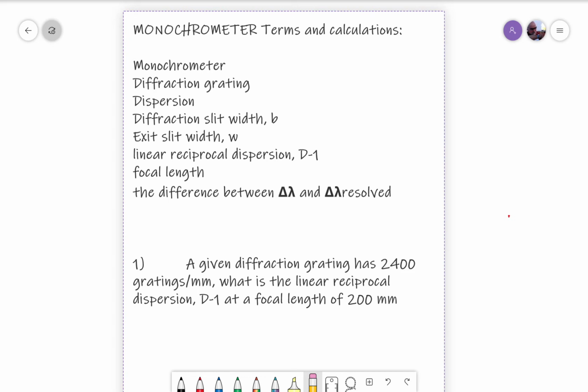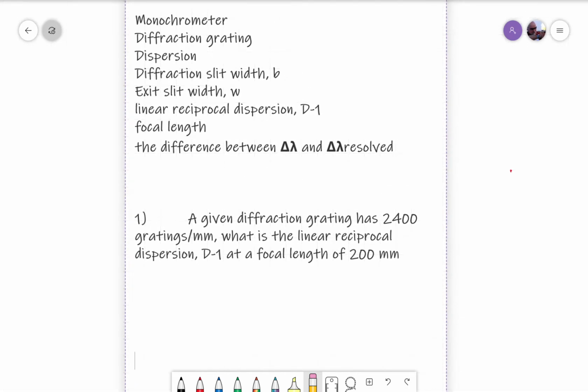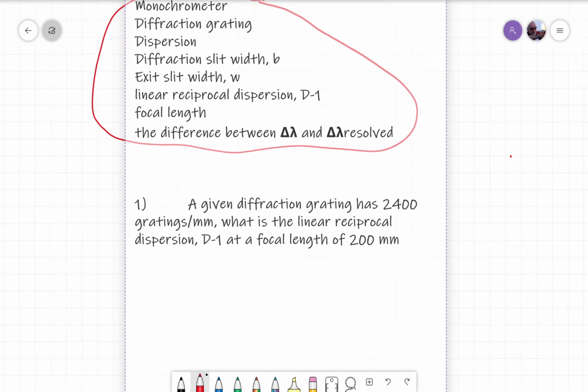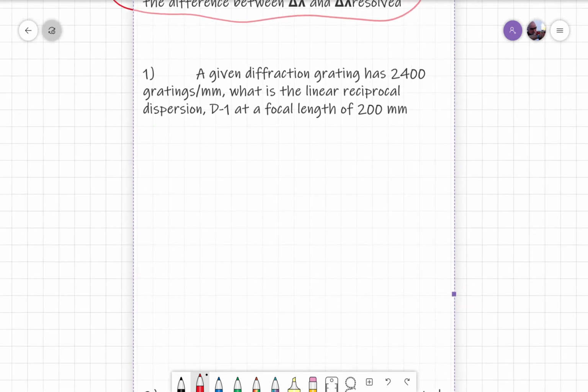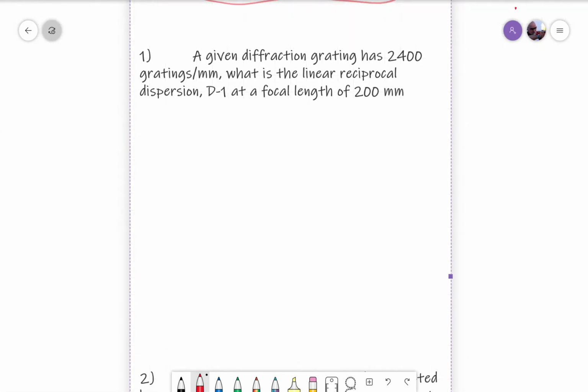This is going to be a video key for solving the problems having to do with the monochromator terms. In the previous video, I gave you some explanations of these terms. And if you're missing those equations, please go back and watch those videos. Solving the problem this way is going to give me a little opportunity to explain some of the things that